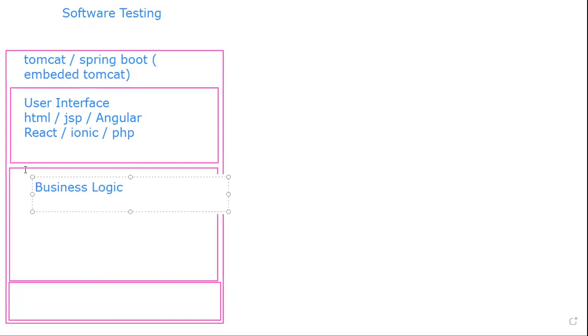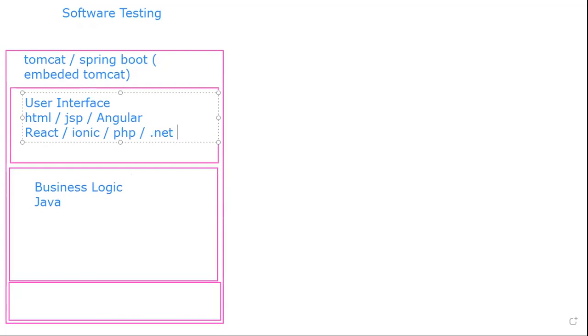Since we are dealing only with Java, we will stick with Java. The reason I included PHP here is even the Java APIs can be consumed by PHP and .NET. It doesn't really make any difference. Java business logic can be consumed by .NET also. So the user interface layer, business logic layer, and the database layer.